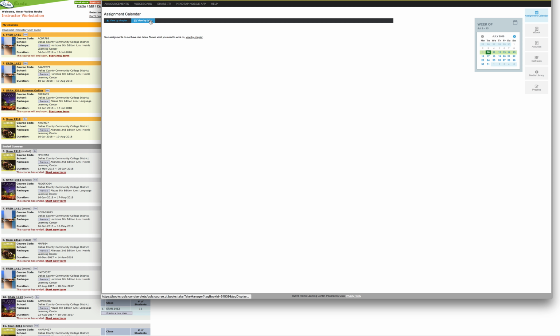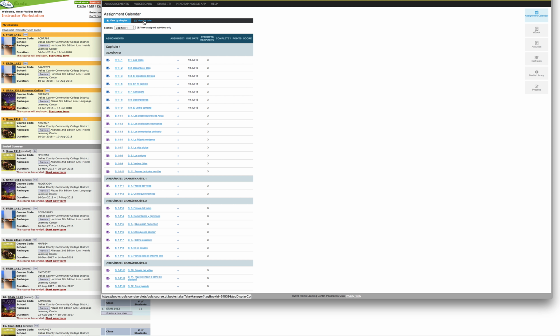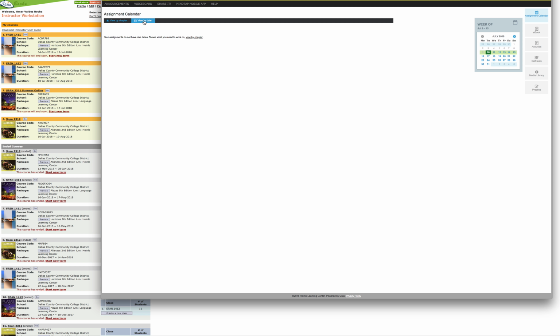Make sure that you have an option here for the assignment calendar to be by chapter or by date. Make sure that yours is set to by date. So this assignment calendar is your friend because it tells you here all that is due on eCampus on a given day, right? So I am an instructor for the course, so I don't have any assignments due for me,